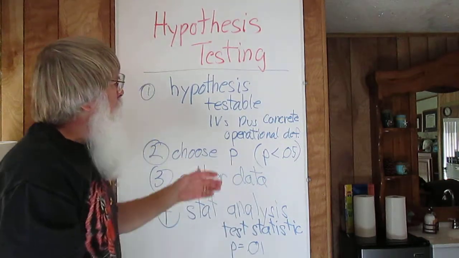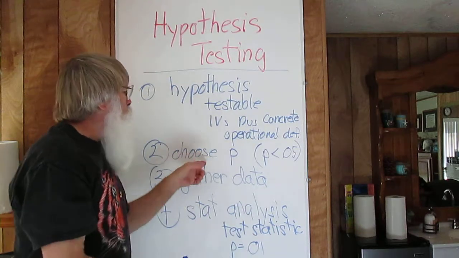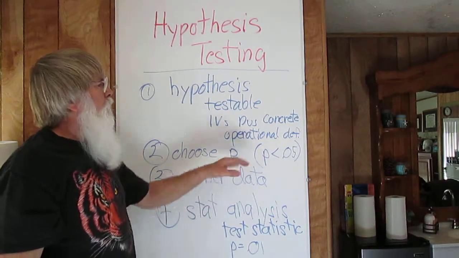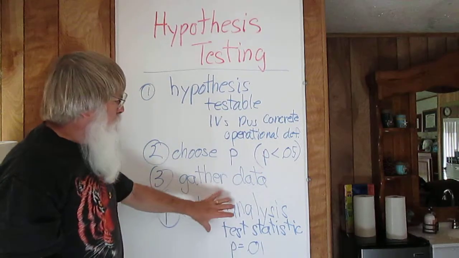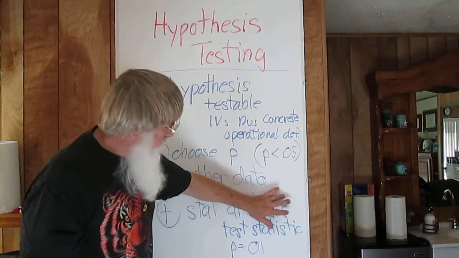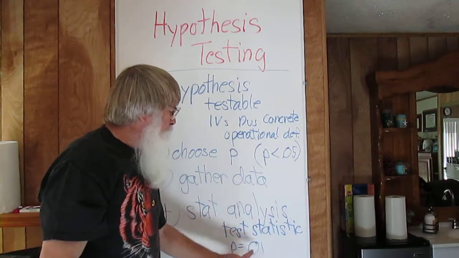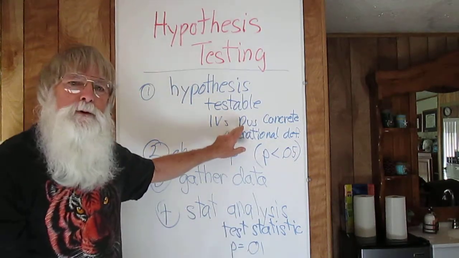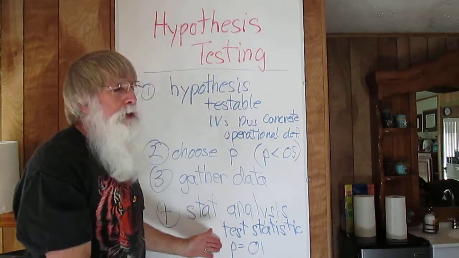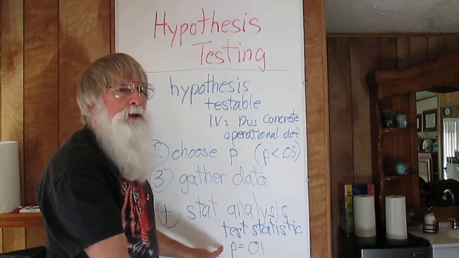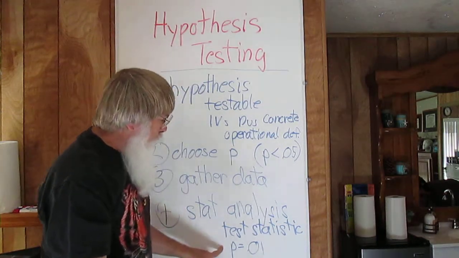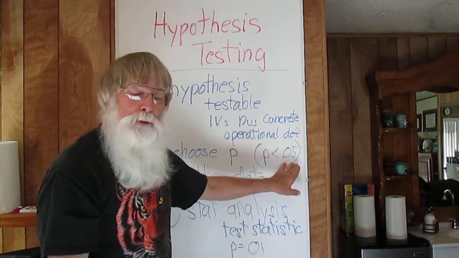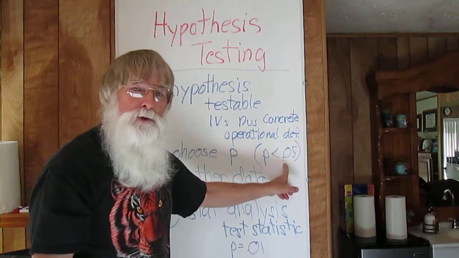the internal validity of the procedures used. You're going to see what level of significance they have chosen. You're going to see how they gathered their data according to their operational definition. You're going to see that whatever statistical analysis they used, it will yield a test statistic with a p-value. Now, it's very common that they will have lots of dependent variables. And so you're going to see in your research that such and such a measure yielded a p-value of 0.072. If it did, it would not be significant because it's higher than the chosen 0.05